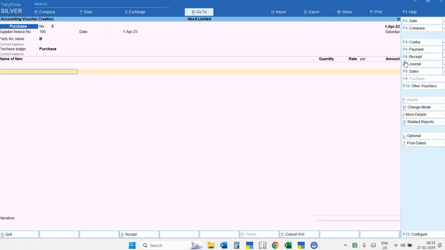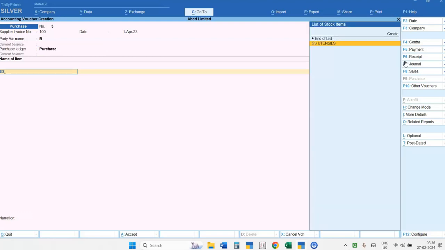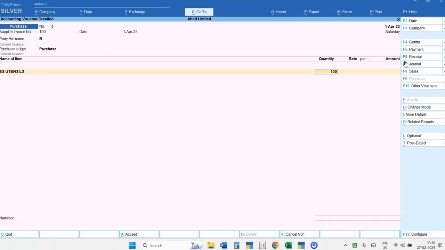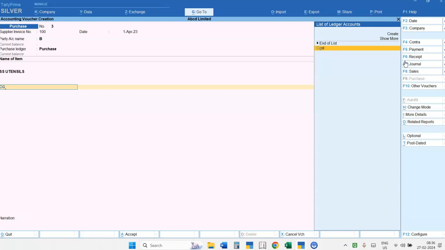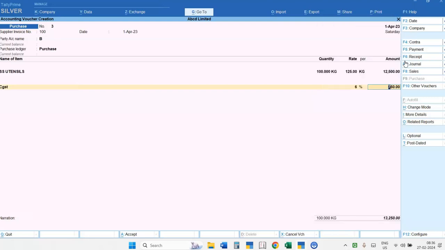Here I have to select the purchase ledger and write down the item name. Suppose my item quantity is 100. I have purchased it at 125 rate. So this is my base value. I have to write down the GST ledger: 12,500 multiplied by 6%. Here again SGST 12,500 multiplied by 6%, and press enter till the last. My purchase entry is done.